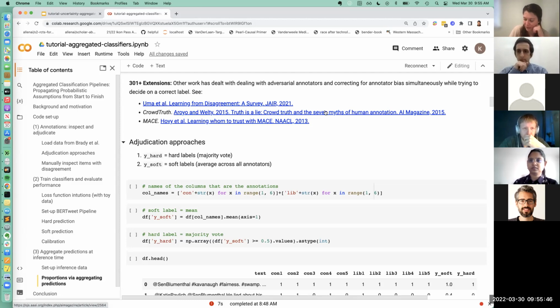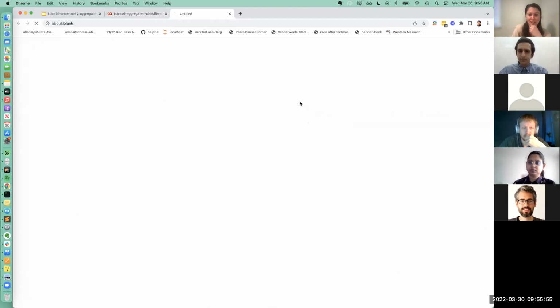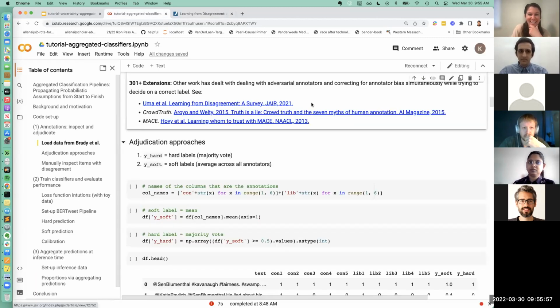Yeah, I love that. So for your first question about the rule of thumb annotator agreement piece, I'd really recommend this survey from Uma et al., which is very recent, about learning from disagreement, both for NLP and for vision. And there they talk about how we move beyond just annotator agreement to things like these soft losses, but then also what you're talking about, which is this joint human in the loop